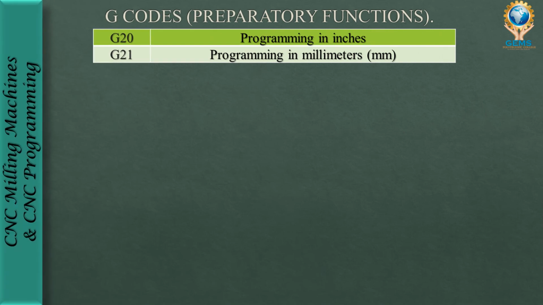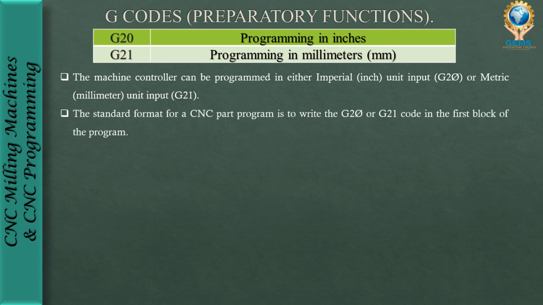So next comes the G20 and G21. G20 and G21 mention programming in inches and programming in millimeters. The standard format of a CNC part program is to write the G20 or G21 code in the first block of the program. We have to mention G20 or G21 in the first block itself, so that the computer automatically detects